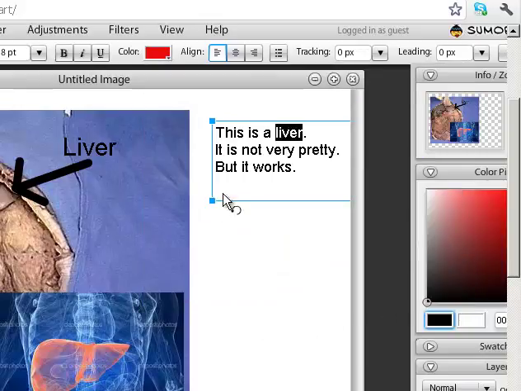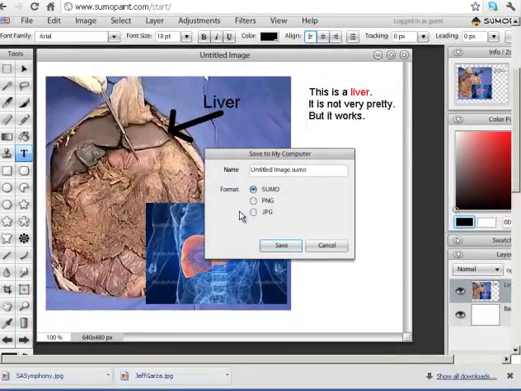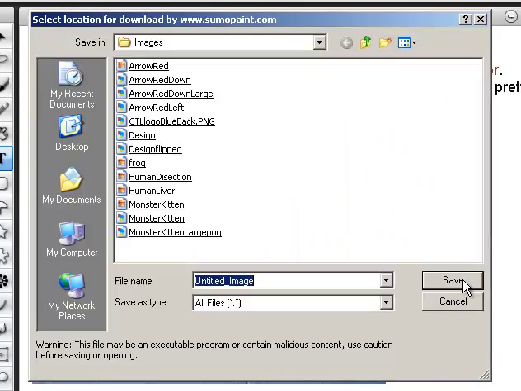Okay, so now we have altered our image. We can save it, and saving it to Sumo, that can only be read by Sumo documents. So we're going to change it to PNG. PNG is a newer format. It compresses the image more, which gives you more ability to add more images to something without increasing the size of your document. Save it